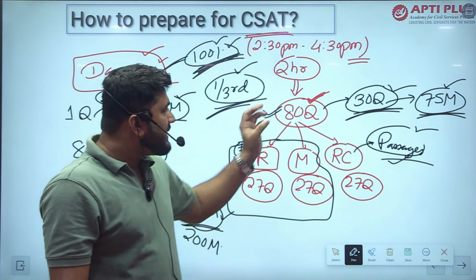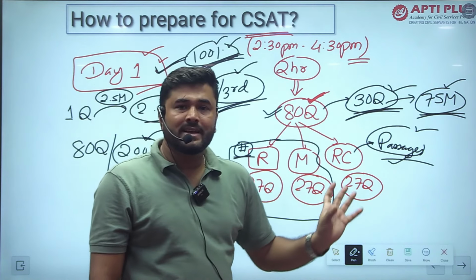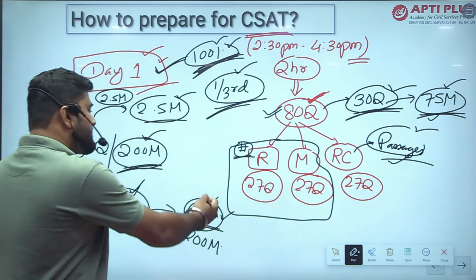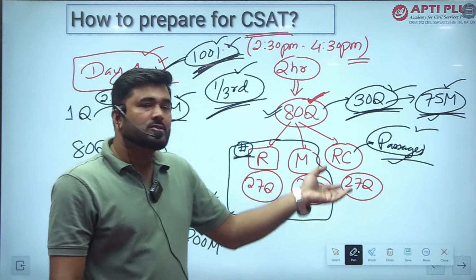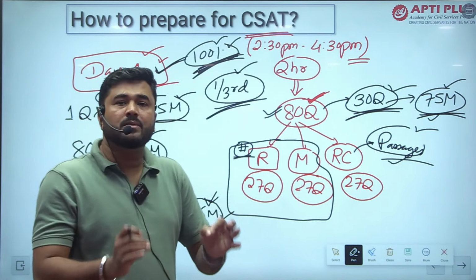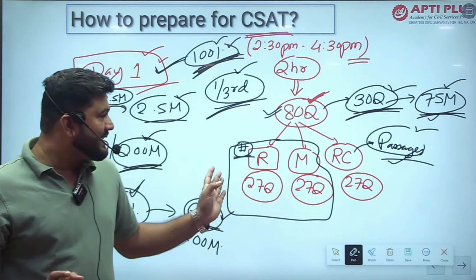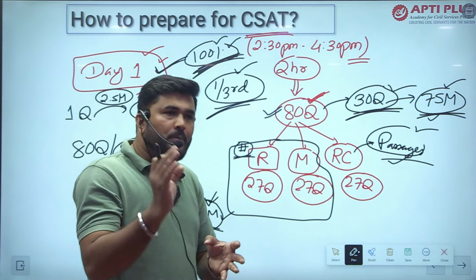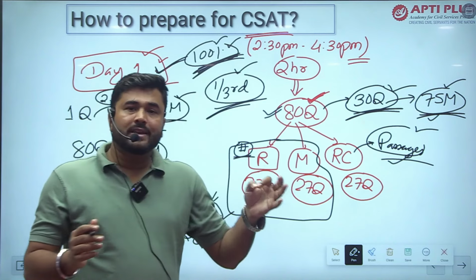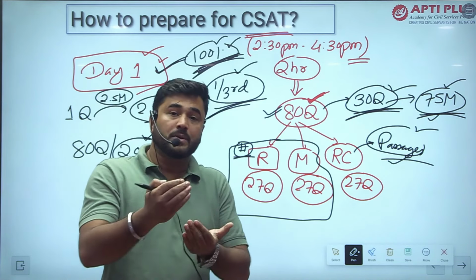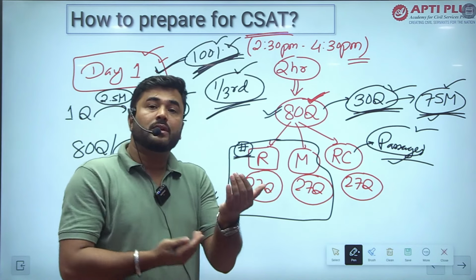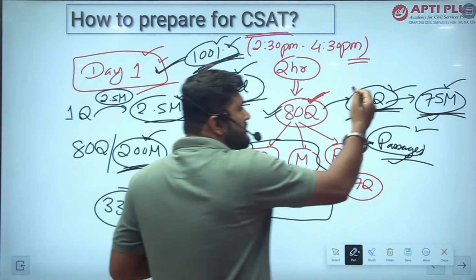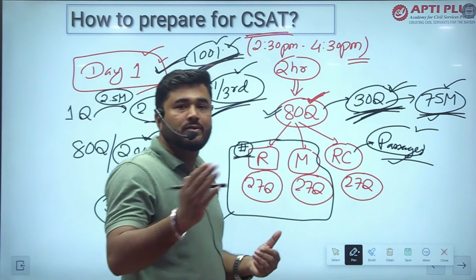You just have to solve 30 questions correctly out of these 80 questions, and anyone who solves 30 questions correctly can get 75 marks, and passing is just 66. You can easily get the passing score of the CSAT section. That is the minimum effort required in this paper. Out of these 3 subjects, choose the chapters in which you are properly capable of answering the questions. Give proper mock tests, solve the PYQs, the previous year questions, and analyze your strengths and weaknesses. From those strengths, see whether you are solving 30 questions properly in each set.